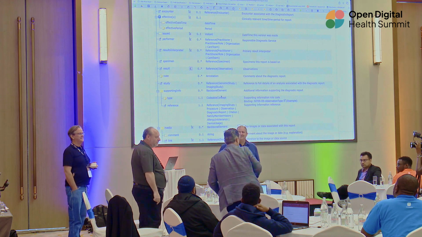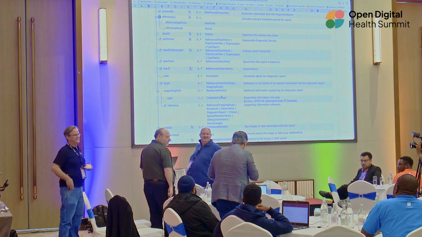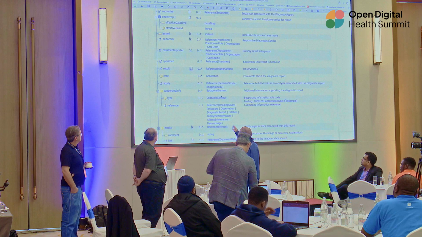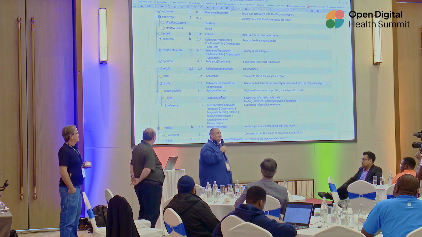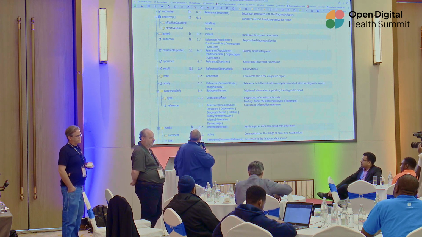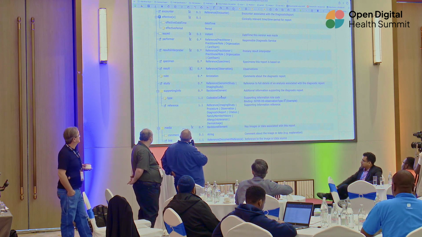A key thing about FHIR, I don't remember anything, I just look it up. There is a thing called value set performer function, and since performers are many, maybe you could say the patient is the performer of the test and the performer of the interpretation. I guess that could work. So we have work to do there. You should just say that the performer and the results interpreter is the patient. And this is the kind of stuff that gets me angry, because I try and keep track of all this, and here's one that I've totally overlooked. Sorry. I wish I had a better answer for you.